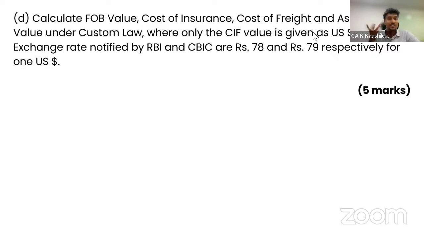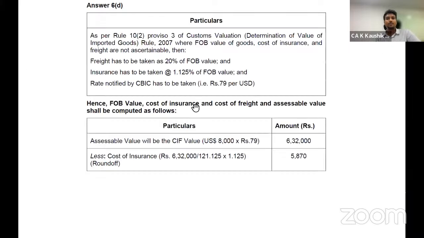This time they can ask some procedural, theoretical questions also. So be very focused about the theoretical questions that can come from customs, in terms of warehouse, baggage, the rules of valuation, the basis of valuation, classification, HSN code, or how the values need to be considered. All of this can come as theoretical questions. Now let's calculate the FOB value. Let's directly go here.